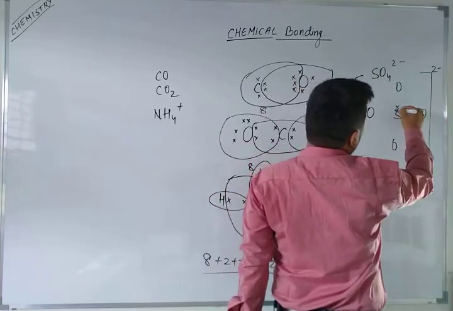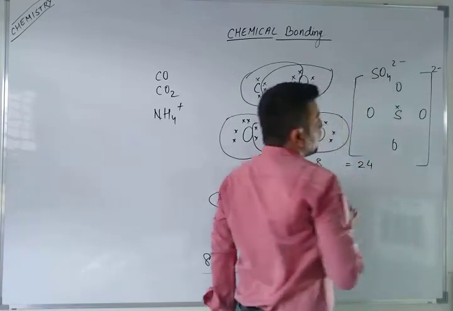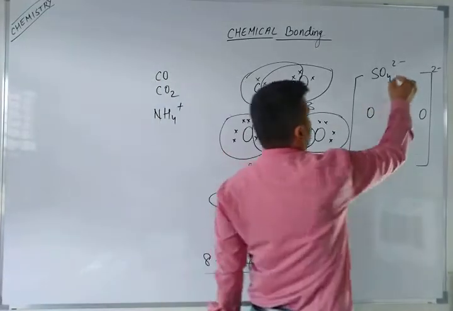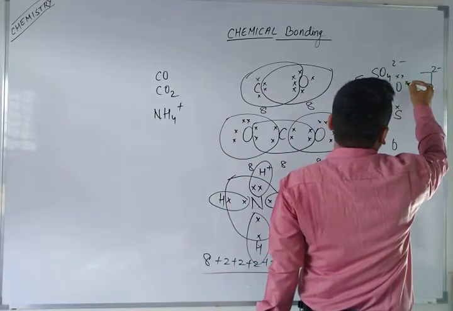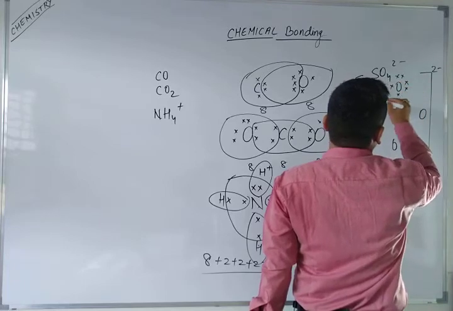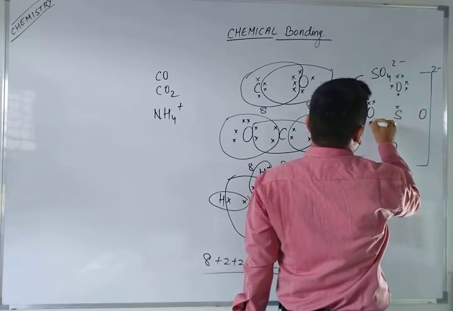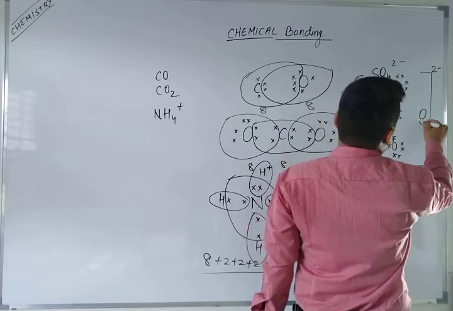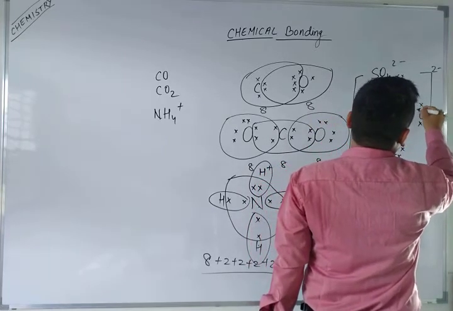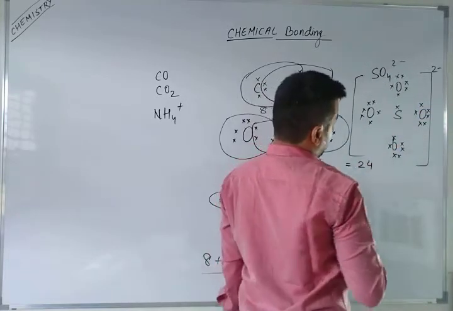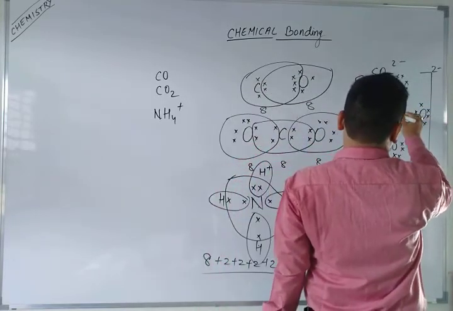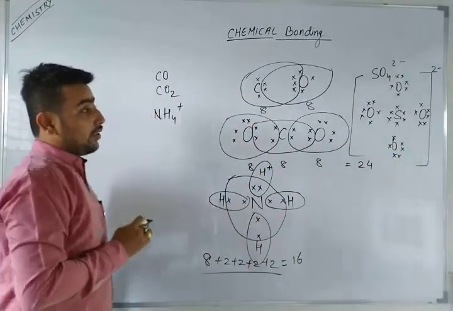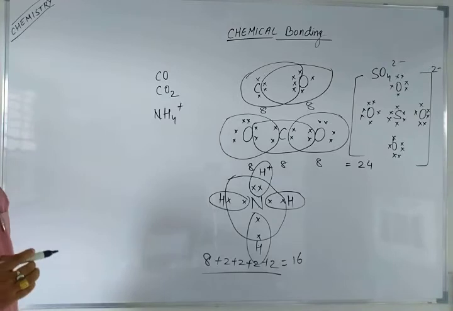You know very well the total valence electrons of sulfur is how much? 6, yes? Here oxygen and sulfur, both atoms have total 6 valence electrons. You know very well. 1, 2, 3, 4, 5, 6, 1, 2, 3, 4, 5, 6, 1, 2, 3, 4, 5, 6, 1, 2, 3, 4, 5, 6. Now tell me about the sulfur. Sulfur also has total 6 valence electrons. 1, 2, 3, 4, 5, 6. Now sulfur has to share only 2 electrons to complete its octet.